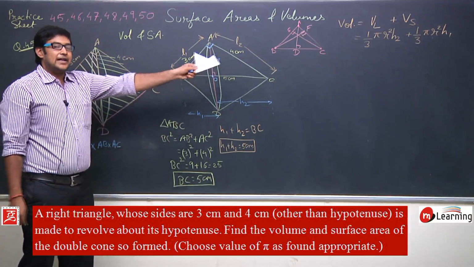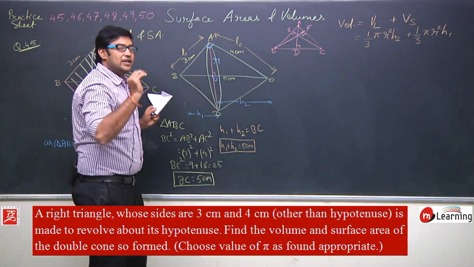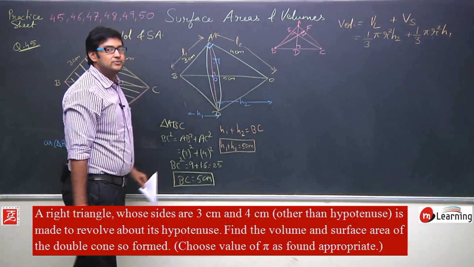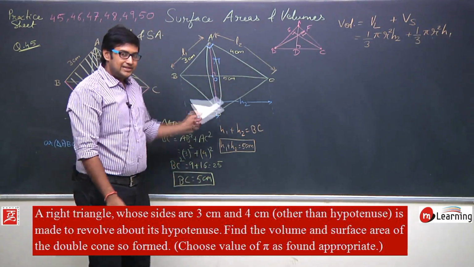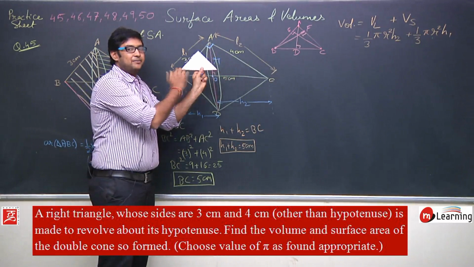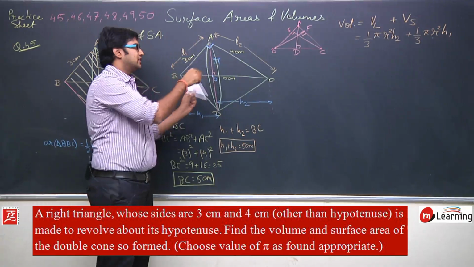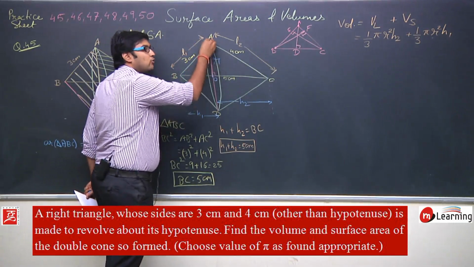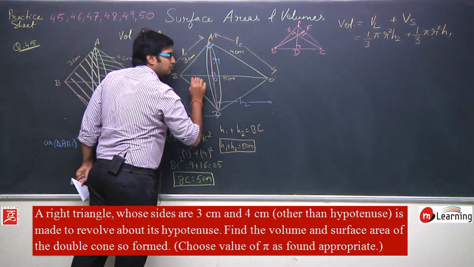So in a similar manner in triangle ABC, if I consider BC as the base, just listen very carefully. If I consider this BC as the base, then what will be the height of this triangle? If BC is the base, then what is the height? This BC is the base. Then what is the height? The height is the perpendicular from this point to BC. That is the perpendicular from point A to BC, and we know this perpendicular is AO. Okay, AO represents the perpendicular from this point A on BC.